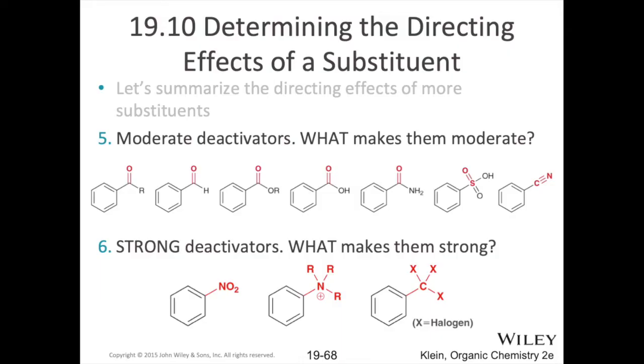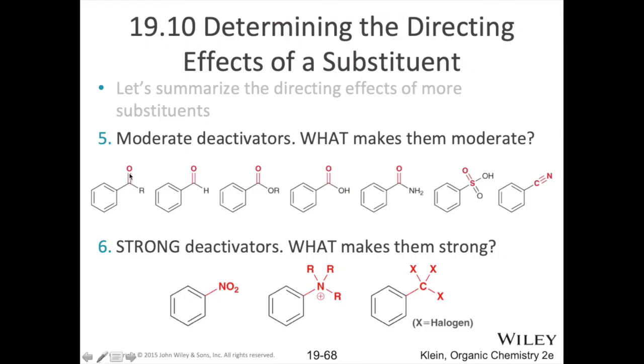Then we've got moderate deactivators. Now, what do all of these have in common? All of them involve some sort of carbonyl or carbonyl equivalent where that non-oxygen atom, in most cases a carbon, or in this case a sulfur, is attached to the ring directly. So you don't have a lone pair on these atoms. That's the key thing. Unlike the moderate activating groups, where at least you had an oxygen or nitrogen with a lone pair that could be pushed towards the ring, here there's nothing that pushes electron density towards